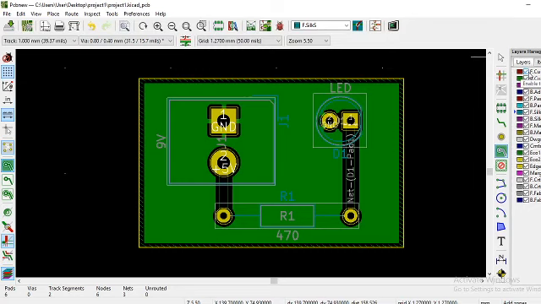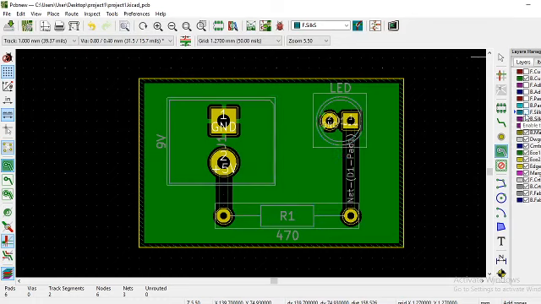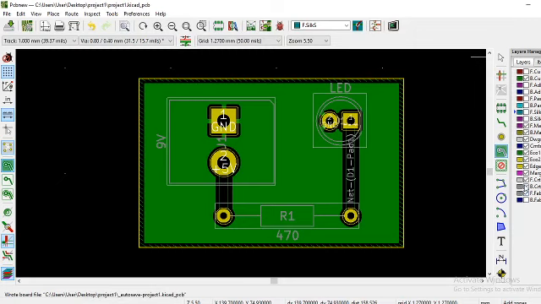Here we select bottom copper, not front copper, bottom copper. We need edge cuts.